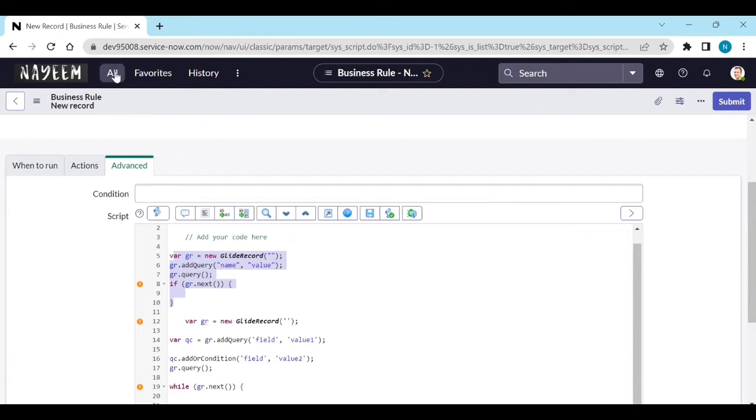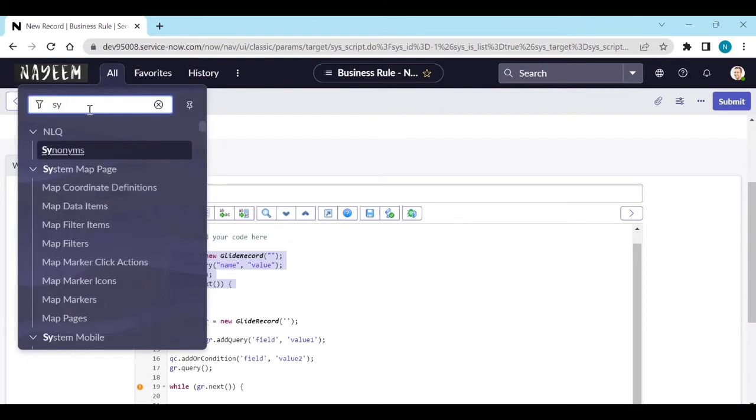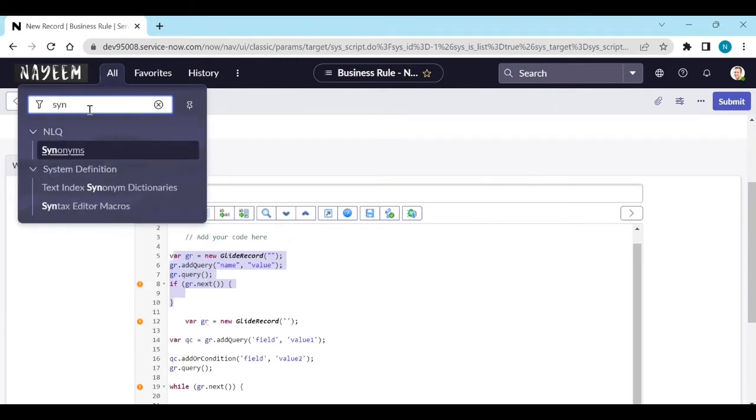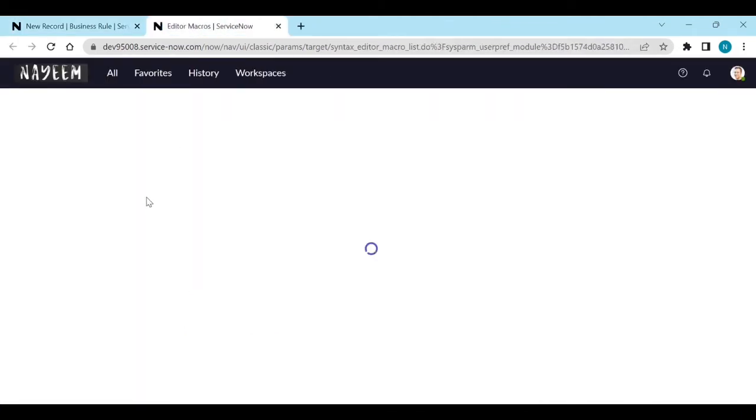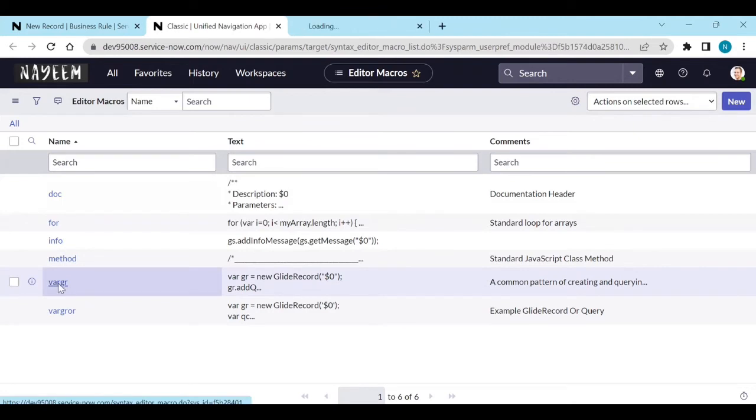So let's see, in the navigator type syntax. There is syntax editor macros. Open it. Out of the box, you have like 1, 2, 3, 6 of them. If you open var gr,